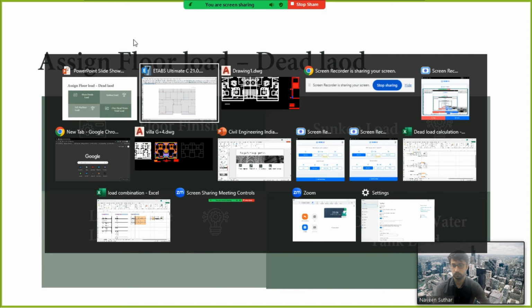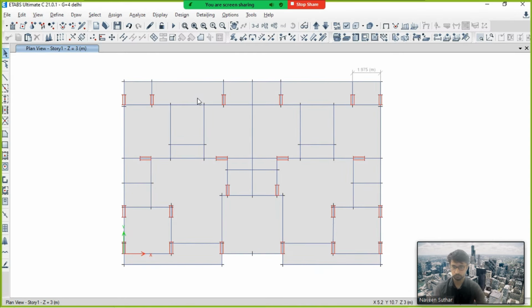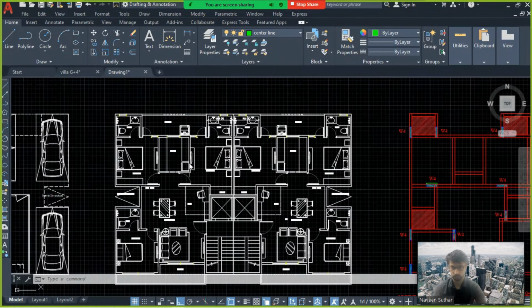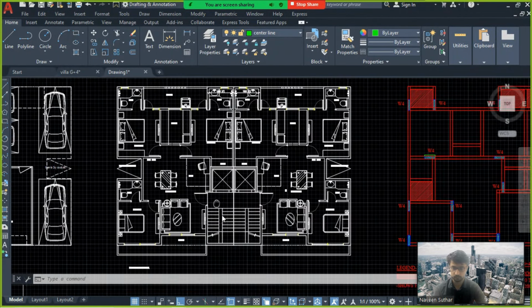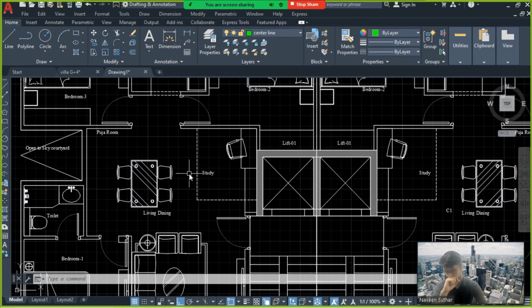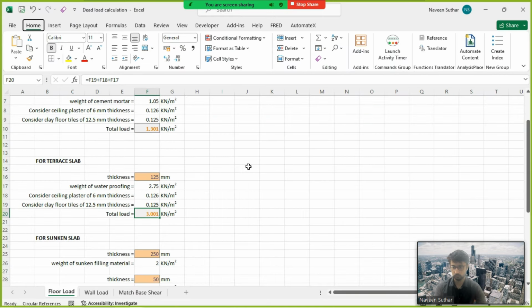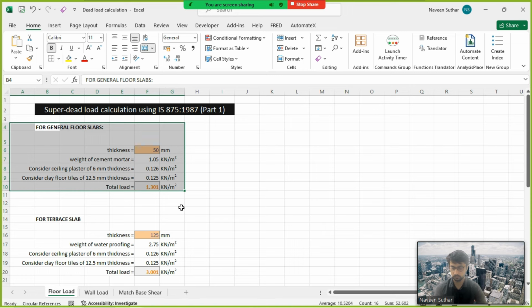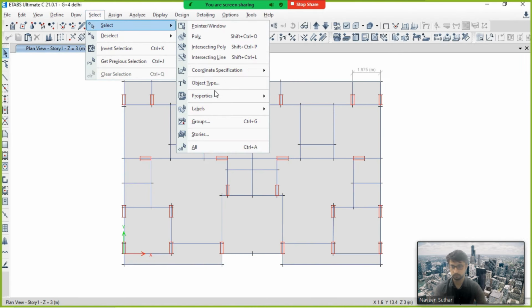For that, we'll go to this place. So at every place we will assign the floor finish first. Okay. So for the floor finish load, you have to go to here. So you can see for the general slab, the floor finish should be 1.3. So we will select all the slabs,